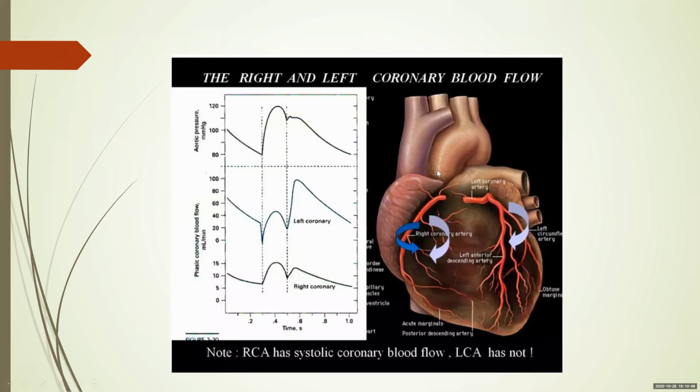This is a pressure tracing in the arteries. This is the aortic pressure. You can see the aorta filling during systole. This is the aortic pressure increasing during systole. Look at the coronary arteries. Now, the traditional teaching is that the coronary arteries fill in diastole because the myocardium contracts and compresses the coronary artery during systole. Now, this is true only for the left coronary artery because the LV is very thick-walled.